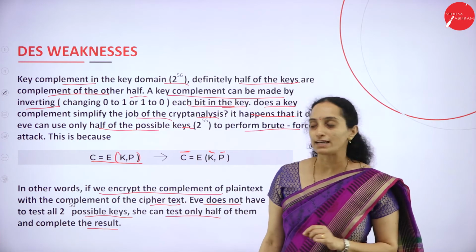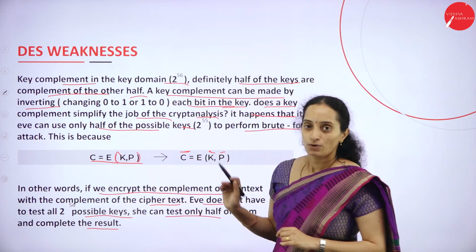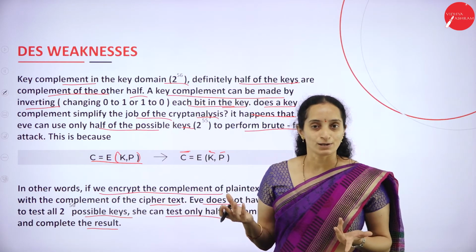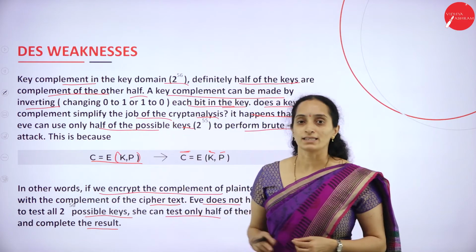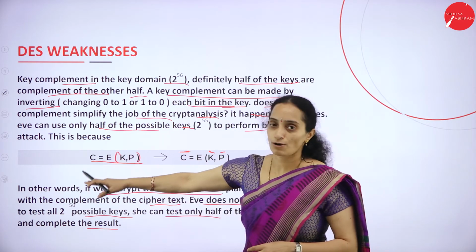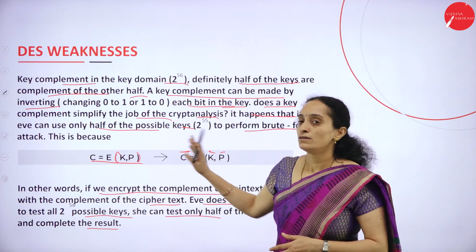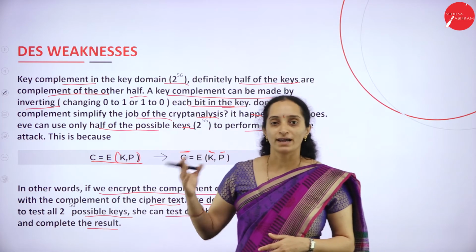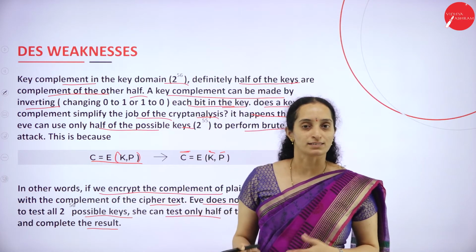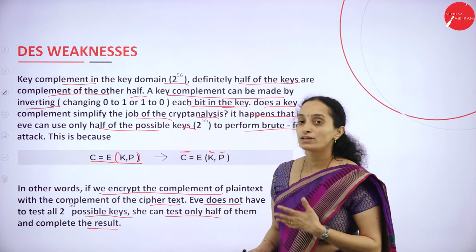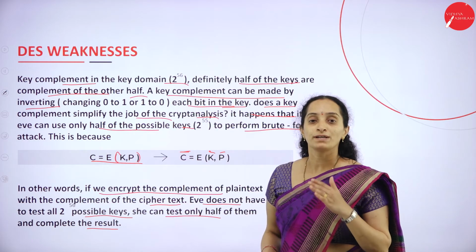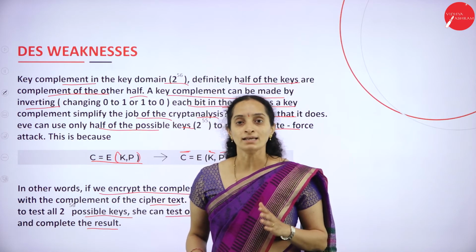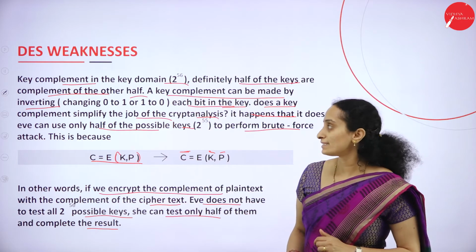She can check for the vulnerability by checking only one half, because if you check this one, complement keys can be easily obtained. If you get the keys in the normal, non-complement form, you can easily get the complement form. How do you get the complement form of keys? By interchanging the zeros and ones. This is how you can get the complement. The complement of the key sets makes the task of cryptanalysis easy.